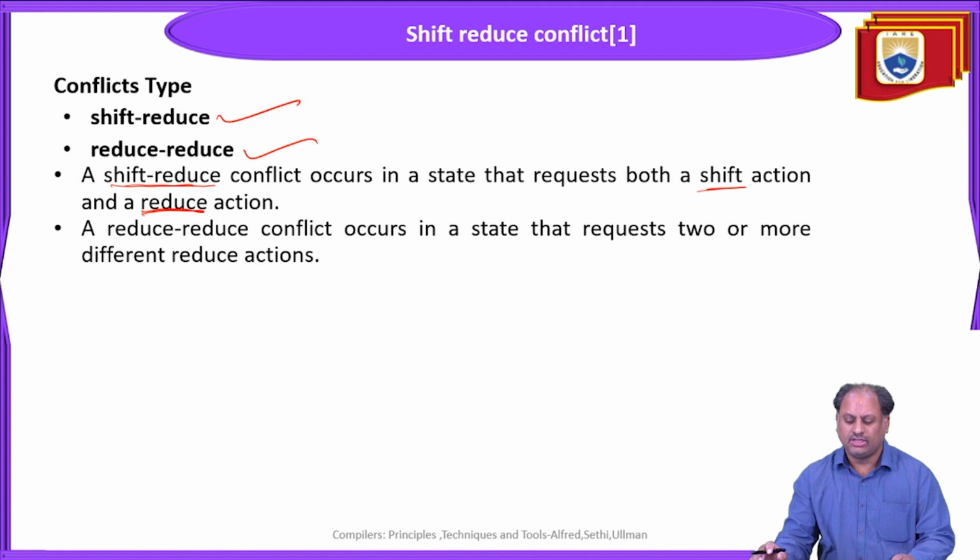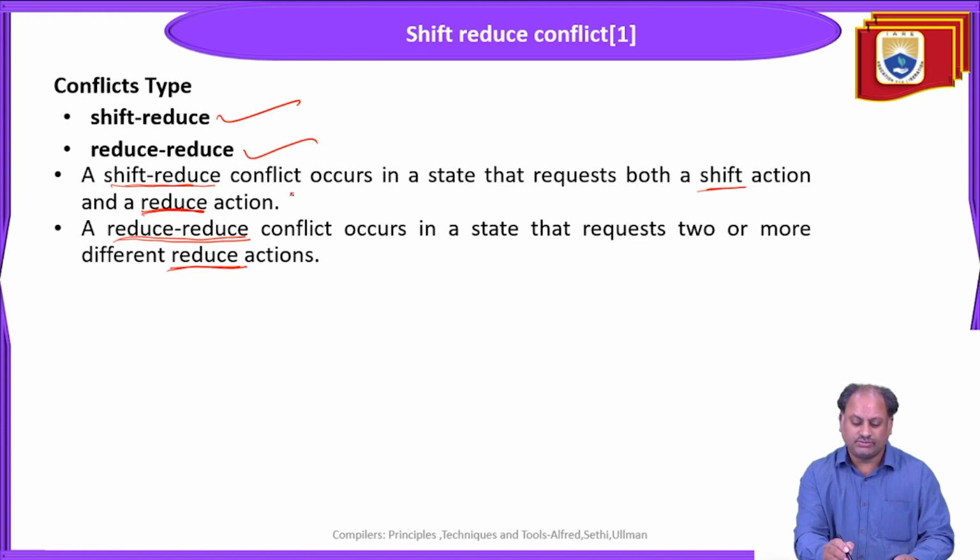That indicates the conflict arises over which of the actions is to be processed. We will see with an example how this happens. The second one is reduce reduce, where this conflict occurs. Here there are two different reduce actions. That means at the same time there will be two rules which are allowed to resolve these actions, either reduce